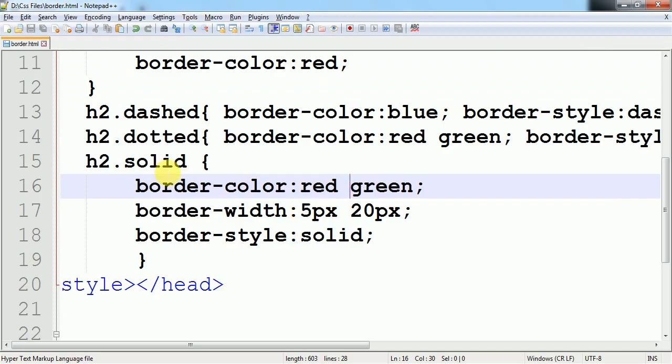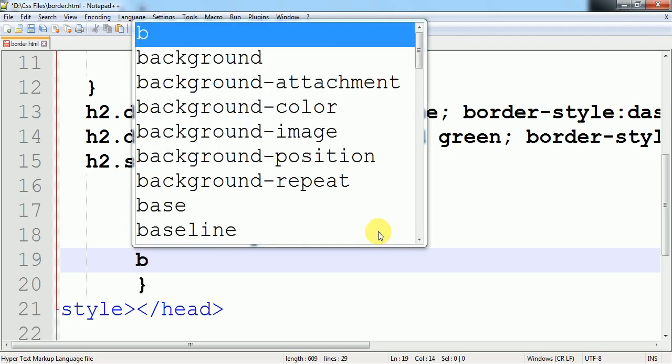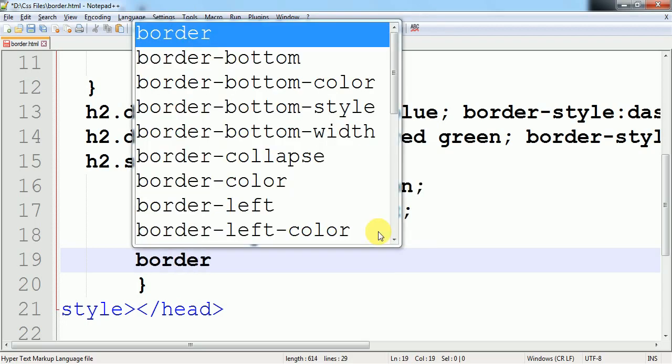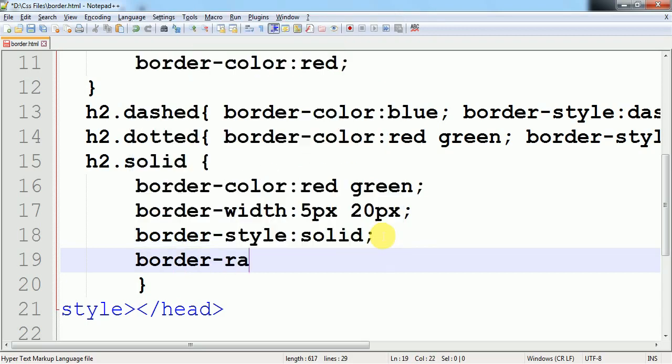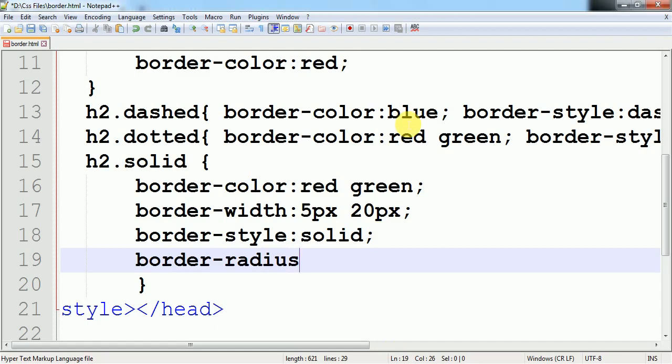Okay, now the next property we learn about is radius. So what is the benefit of using a radius? Border radius. Now radius gives us a facility to curve the border edges.